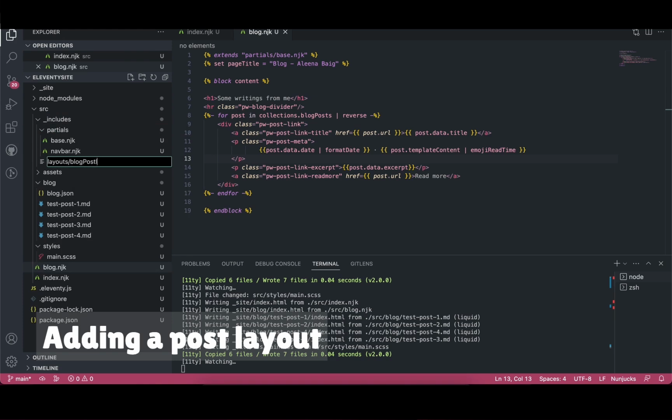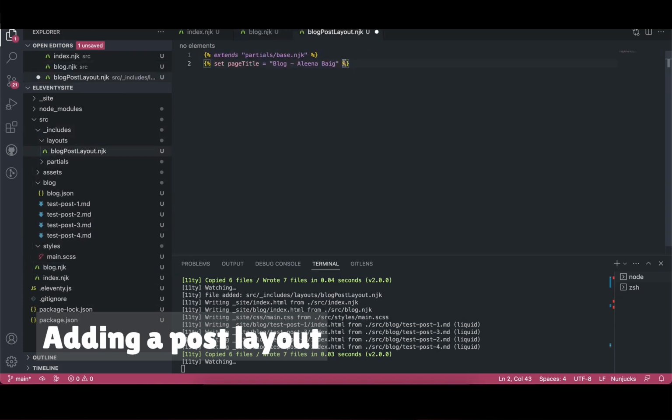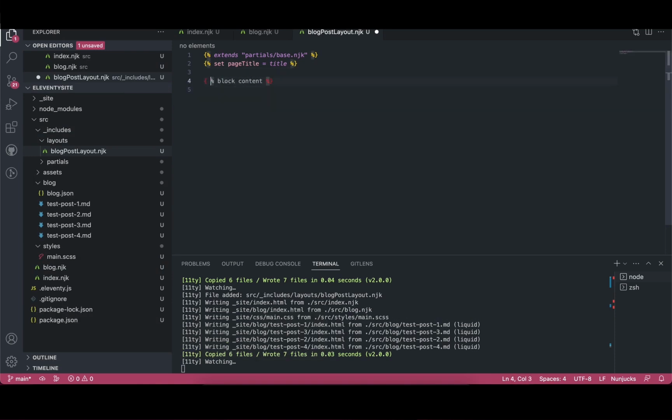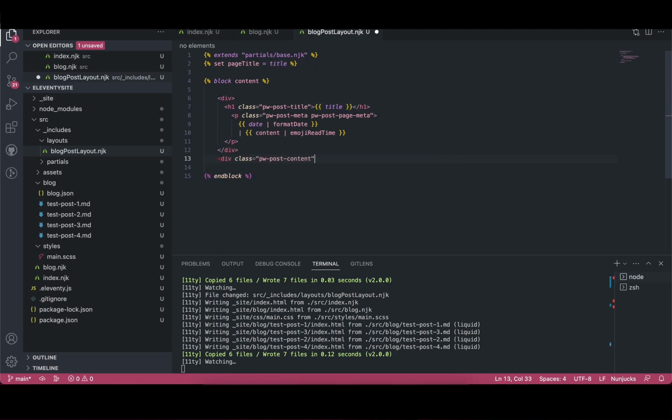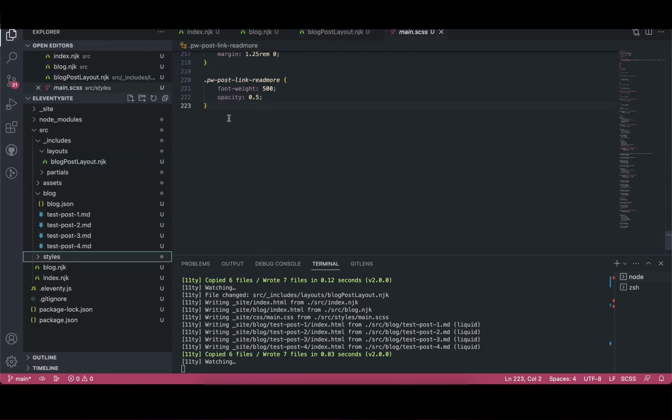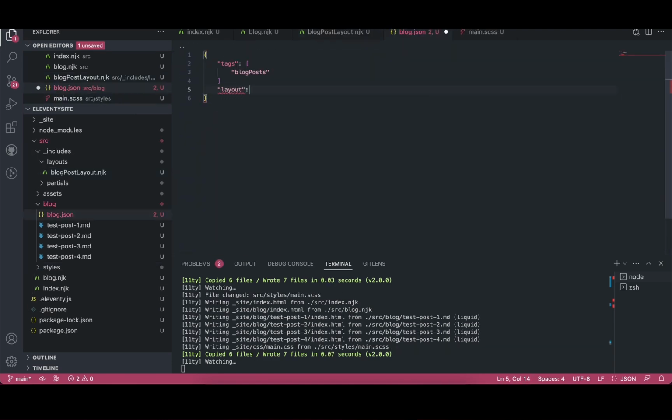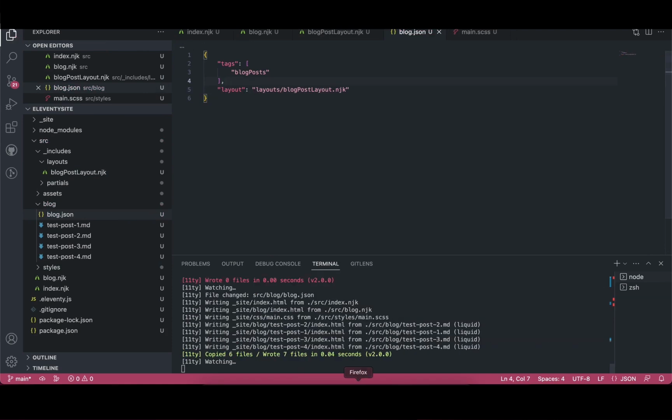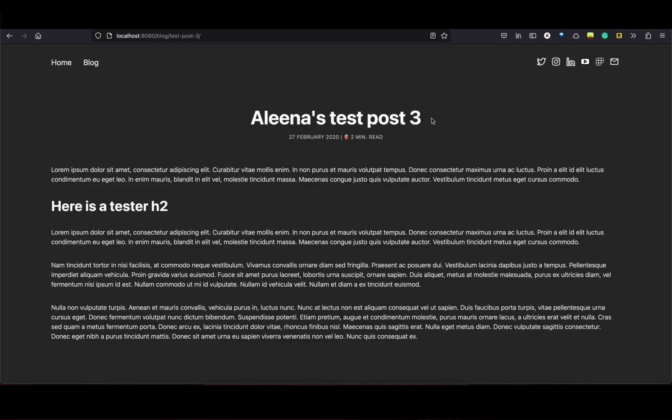So to style that page, I'll make a blog post layout to style all of those post pages. I'll extend the base, but allow each post to pass its own title in, and then also add the same sort of metadata from the other pages to the top of this post. To add the content, I'll put a block here that will let me pass in the post content. I'll add CSS in here for the post page styling, and then I'll add this layout to every post in the same way that I added the tag to every post. And if we load this, we can see that the post page now has the correct styling.